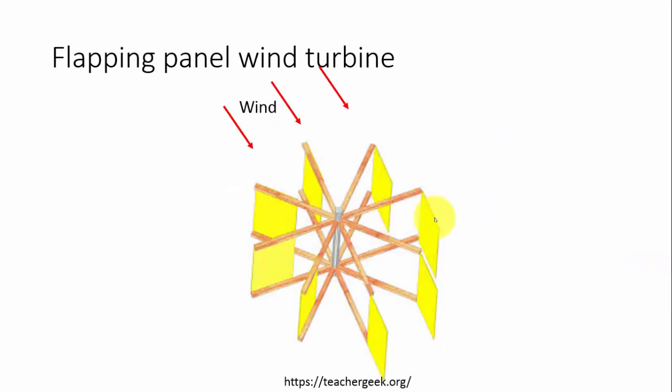And the last type of turbine is the flapping panel wind turbine. The image itself tells you how it is working. The wind is blowing from this direction. Here you can see the flaps on the left hand side are flapped in, and on the right hand side they are flapped off. So any wind coming from any direction can run this turbine. The flaps will move accordingly, and it will adjust based on the direction of the wind. So even if the wind is moving from the left side or right side, it will work efficiently. This is also a type of wind turbine which is not commonly used for power production, but it is a type of turbine that we should know.